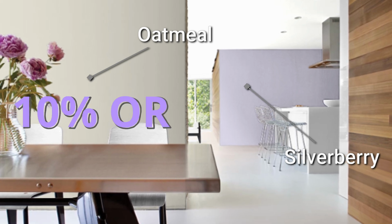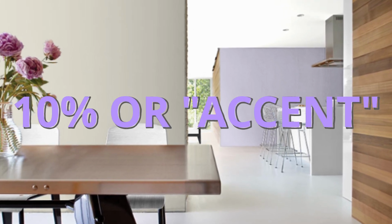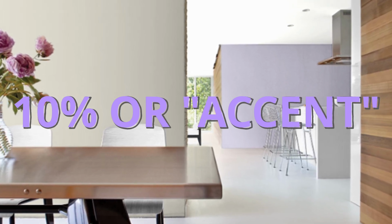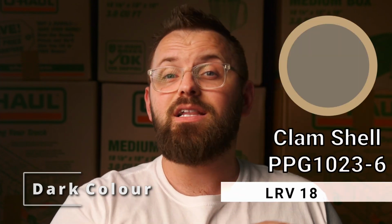This is also a great color to consider as the 10% or the accent color within an applesauce cake painted room, because the gold in the paint color will really pop off of the icy purple found in silverberry. So see if you can find a throw or pillows that really match this color for a very sleek contemporary hit of color. The third color pairing is a darker one with an LRV of 18, and it's called clamshell,